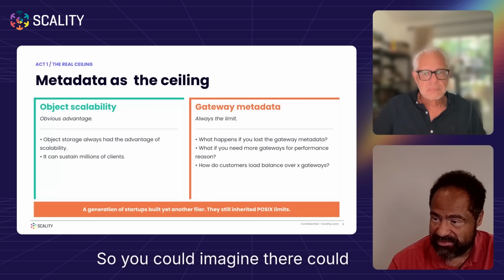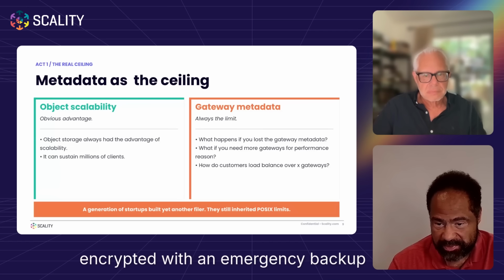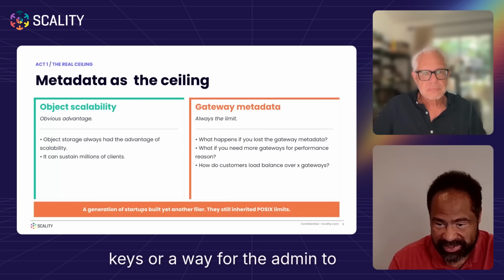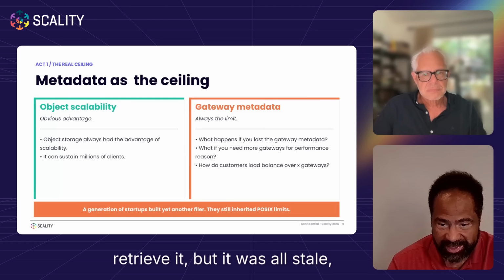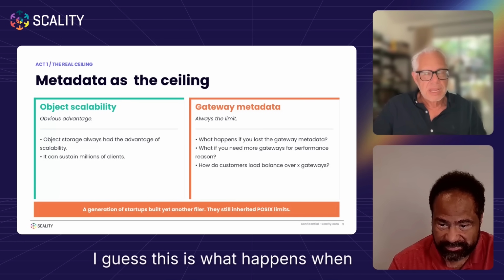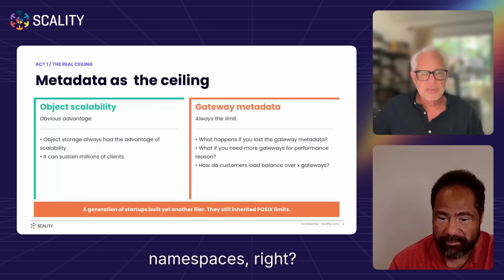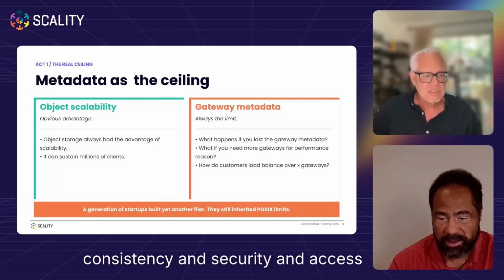So you could imagine there could have been a backup of the key encrypted with an emergency backup, or there could have been another set of keys or a way for the admin to retrieve it, but it was all stale, dead data. Oh my. I guess this is what happens when you have two centers of truth, two namespaces, right? You sort of start having these consistency and